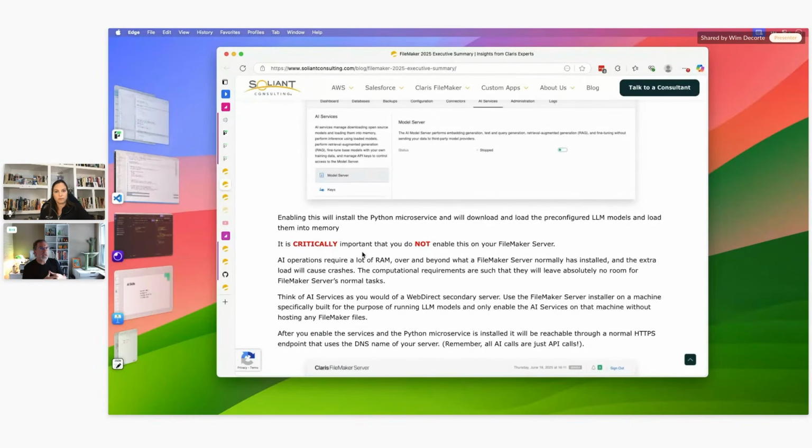If you know me and you followed me over the years, you may have heard me say that I'm not a big fan of using Macs as FileMaker servers, mainly because it's consumer grade hardware. I'm going to have to change my stance on that when it comes to AI model servers. They're great machines for that, and for one specific reason. Well, for a lot of reasons.